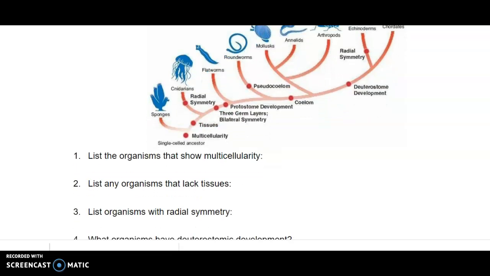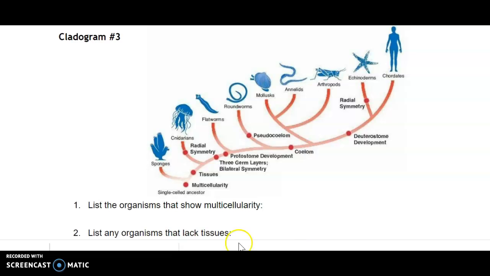Number 3, list organisms with radial symmetry. So radial symmetry. This one's a little tricky because we come along. It's not listed on our main line here. Right here we get a branch off to the cnidarians, and the radial symmetry is a node on their little branch there. So the cnidarians would have radial symmetry, but we also see it again right up here at the